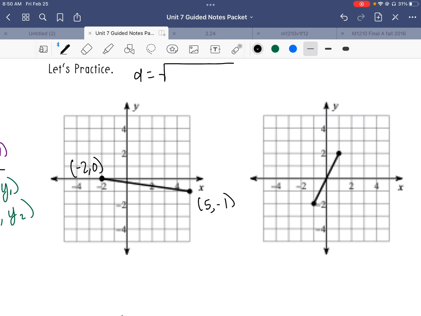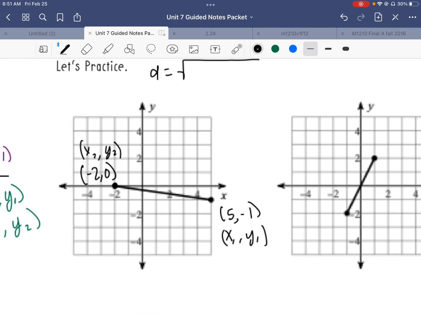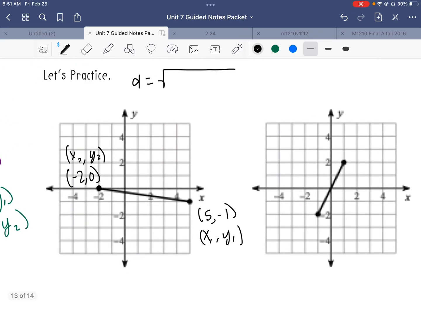Okay, and you can do this x's first or y's first, it doesn't matter, but you need to be consistent. So if you say that this is going to be x1, y1, then this one has to be x2, y2. Okay, so then we would do, okay, let's start with our x's just because that's what the formula actually says. Okay, and the formula, if you look at it, says to do x1 first. Doesn't actually matter because we picked which one's which, but that's fine. So we're going to do 5 minus a -2 squared